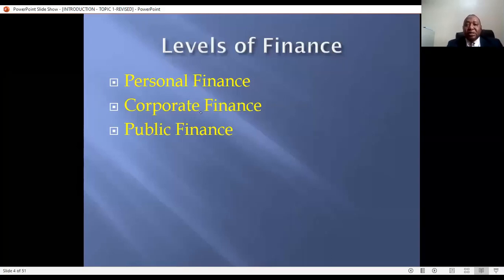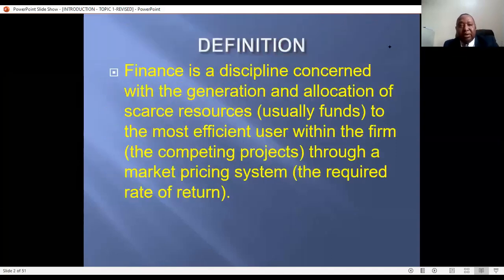I'll leave the others. Personal finance will be looked at in second year, and public finance in third year. There will be a whole course for public finance. There's a whole course for personal finance. For this one, we shall introduce corporate finance as an introduction in this case. So we go back to our definition and ask ourselves, what are the